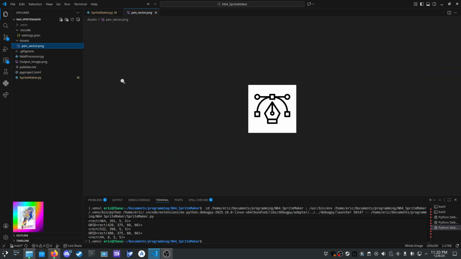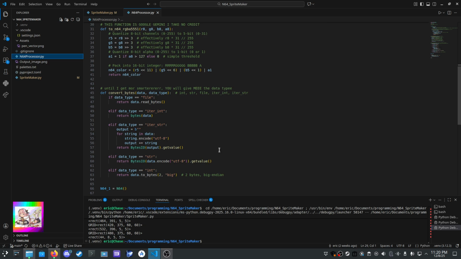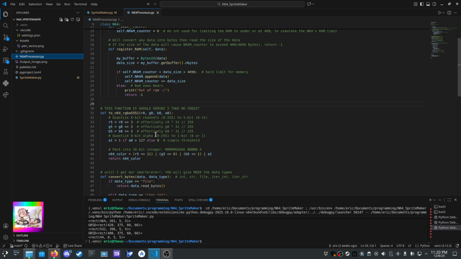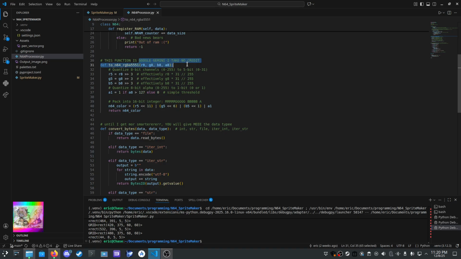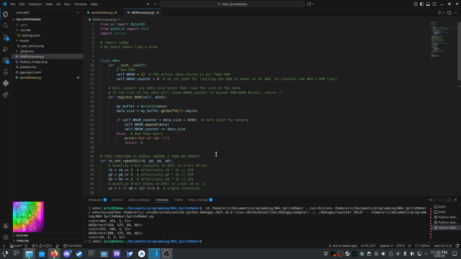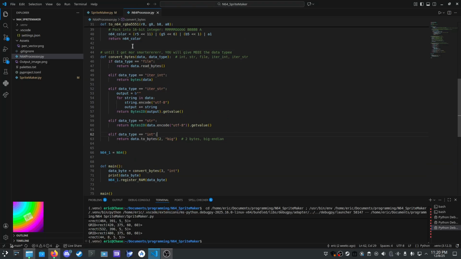We have assets here for like this pen vector thing. I never ended up, at least so far, implementing images, like displaying for tools, but I will. We'll get to that. This is a kind of beta thing for an N64 emulator. I didn't write this. This was just me putting it in for documentation so I can reference it. This was Google Gemini giving me some tips on bit shifting. Yep. Big endian. Yeah. Okay. Cool.